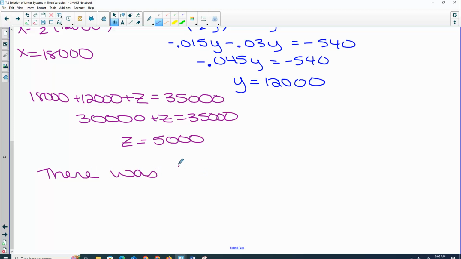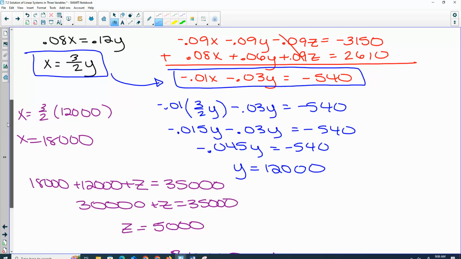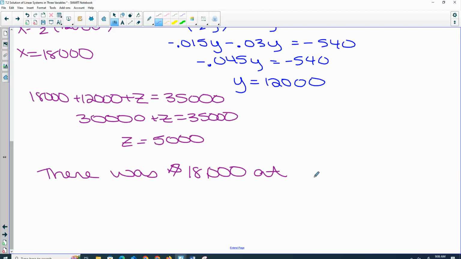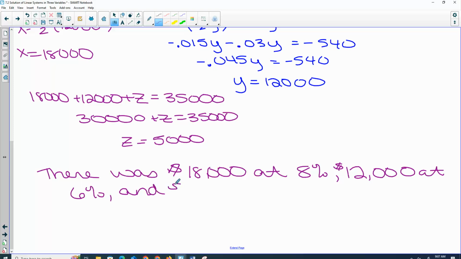So at the end of a word problem, you have to write a sentence. So we had $18,000 at x, which was the amount at 8%, is that right? $12,000 at y was 6%. $5,000